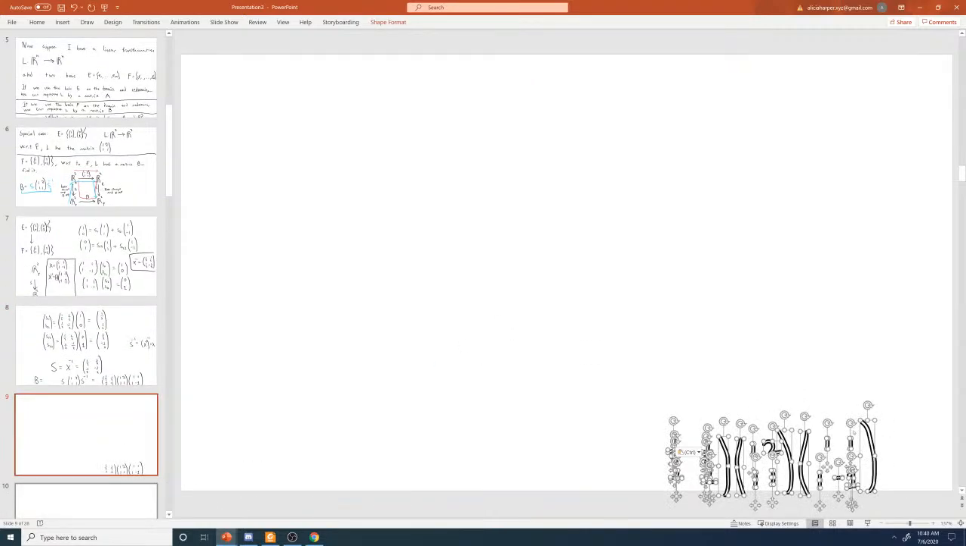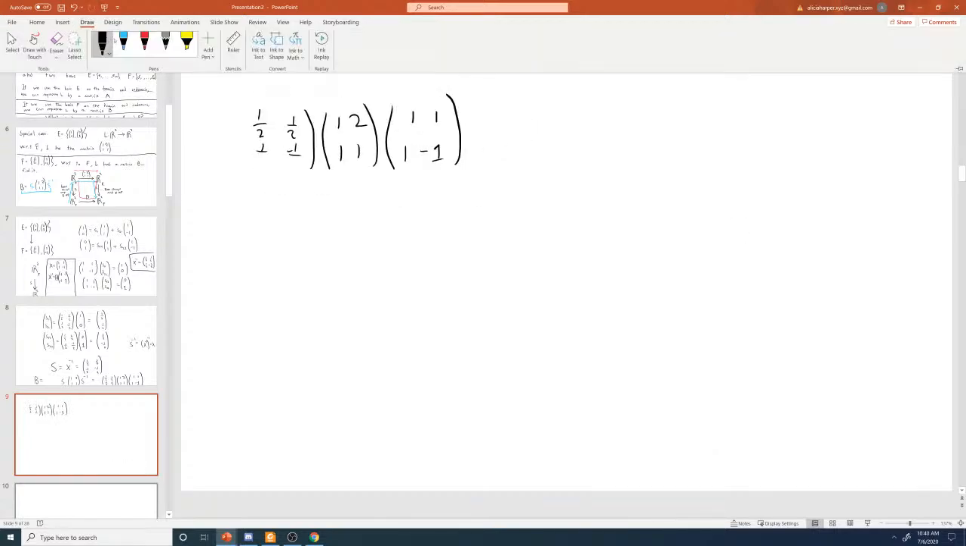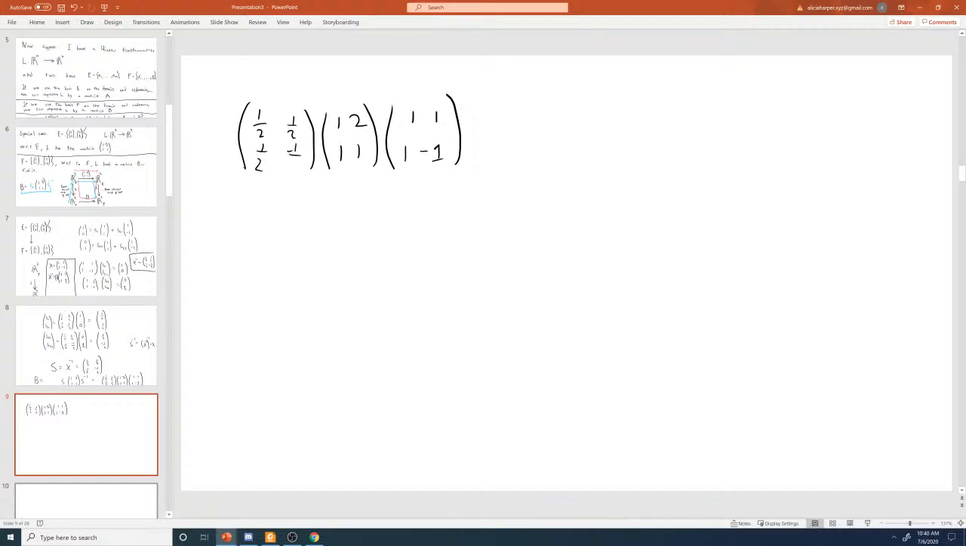We go to a new slide, and we do the final step in the computation. So this will be the same thing as 1/2, 1/2, 1/2, negative 1/2, and then multiply by the product of this and this. So 3 here, 2 here, negative 1 here, 0 here. And then if I multiply this with this,